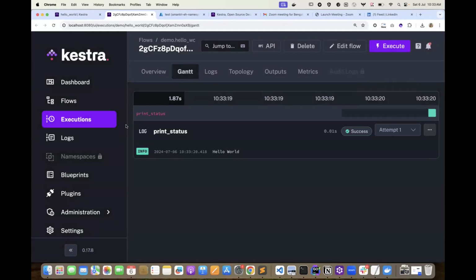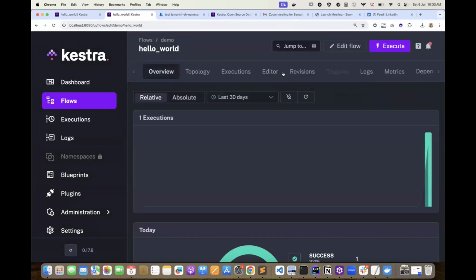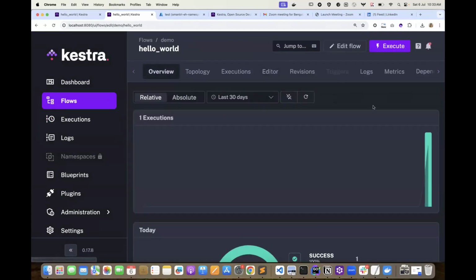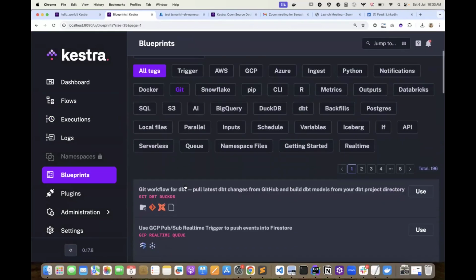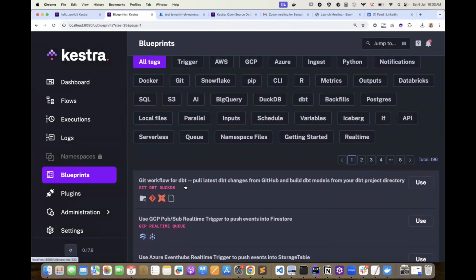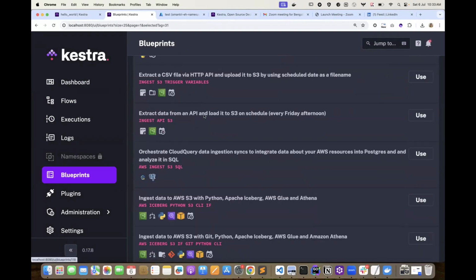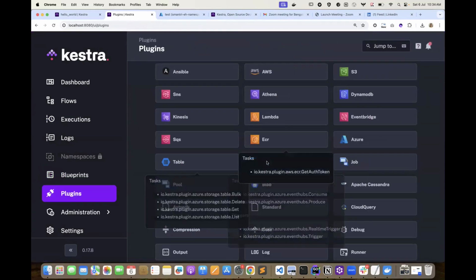So you can see the executions pretty straightforwardly over here. If anything goes wrong, I just go back to the editor, make the changes, and come back. So you see the dashboard at the flow level, you see the dashboard at the overall level, and then you have executions, logs, then blueprints, like some of the existing flows pertaining to anything. Let's say you want to write a flow having a task related to S3, but you don't know how to write one. You can just select S3 and you have a lot of sample S3 related flows that are given to you. And then this is the rich set of plugins that it has got,